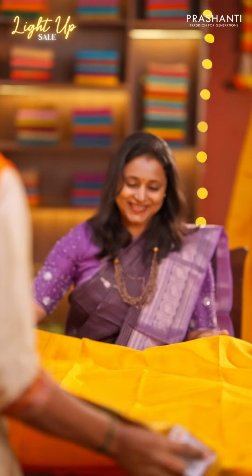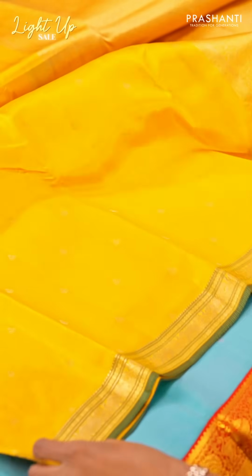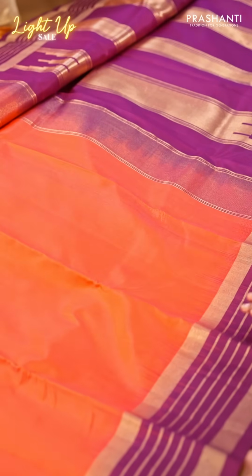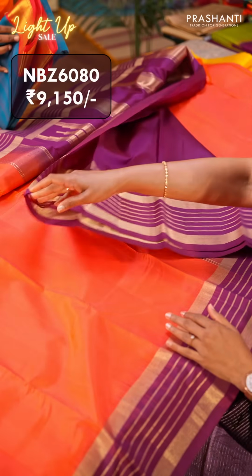Mango yellow, such a festive color with a small contrast border with green piping, all over zari buttas, a subtle and a rich pallu woven in golden zari with a matching running blouse. Peach and purple, another beautiful sari with simple contrast zari lines, a traditional Kanchipuram style subtle pallu and a matching